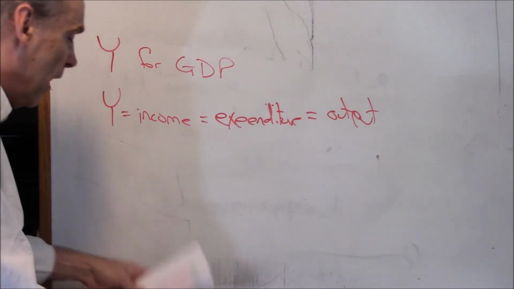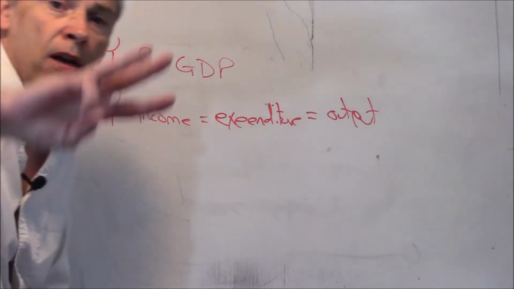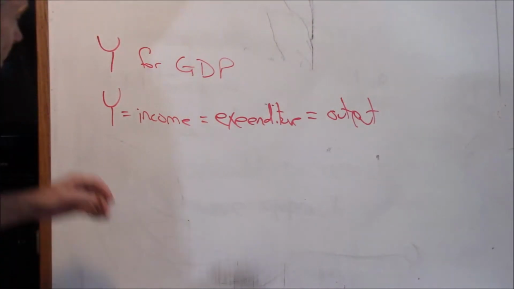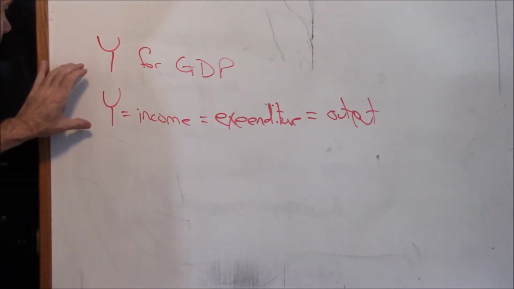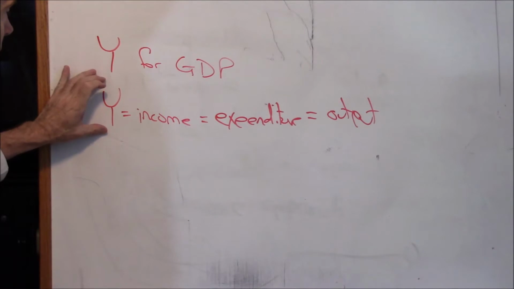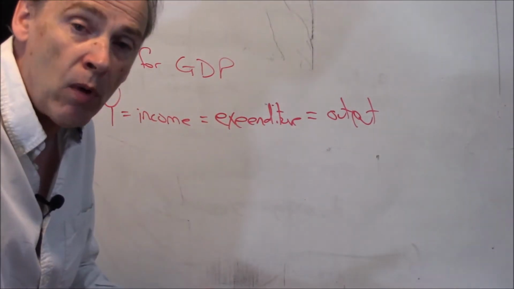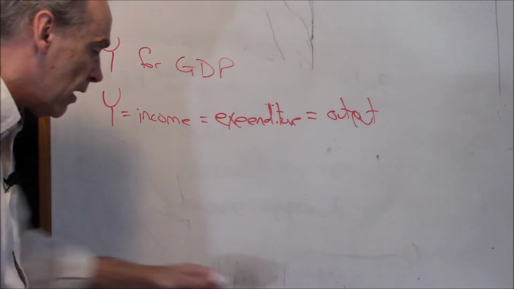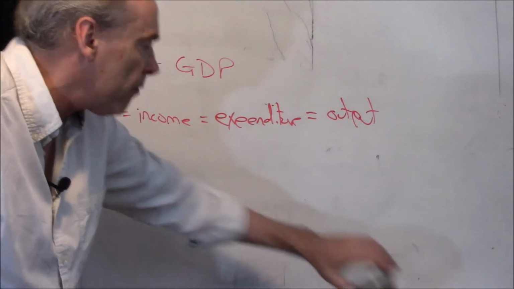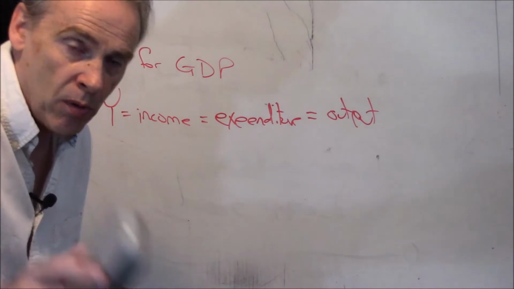And this is why. Because every individual transaction generates 3 ledger entries, if you will. And again, my point here is that I'm going to refer to Y sometimes as income, sometimes as expenditure, sometimes as output, depending on what's going to be most helpful to you in that context to think about it. But it's all the same number. But wait, there's more.